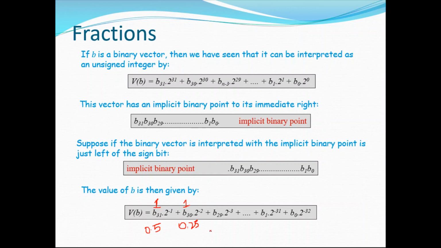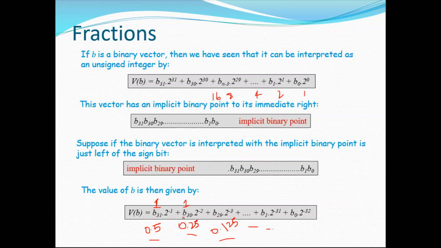Similarly, if you see, this is 0.12, this is 0.125, which is nothing but half of this, and so on, it continues. So how does it happen in normal binary? This is 1, this is 2, this is 4. It's a multiple of 2, right? 8, 16, 32. Similarly here it goes this way: 0.5, 0.25, 0.125, and so on. So every number is nothing but half of the previous number.